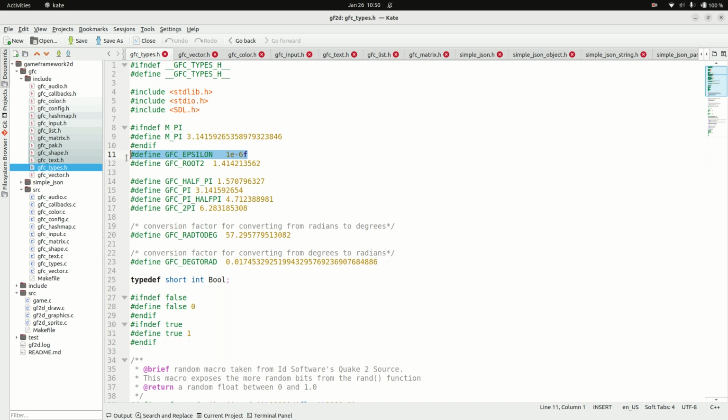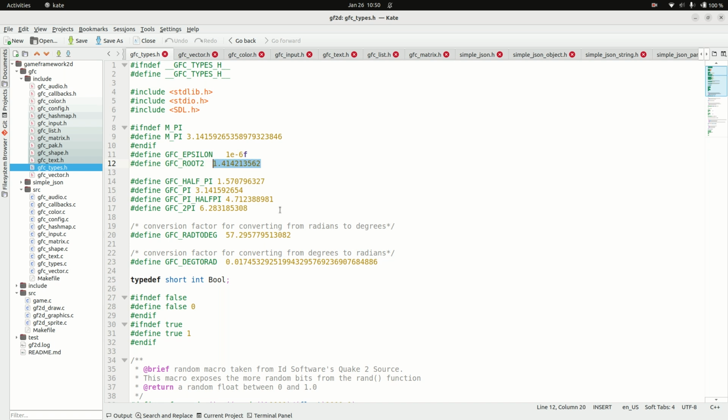Epsilon is an extremely small number used to account for floating point number discrepancies, because there's a precision issue with floating point numbers because computers are limited and sometimes numbers are irrational. Epsilon is this extremely small number that we will use whenever we're comparing floating point values, and I want to make sure that things are within a certain threshold. More on that when we start dealing with collision detection. And because it's another magic number that we use a lot, the square root of 2